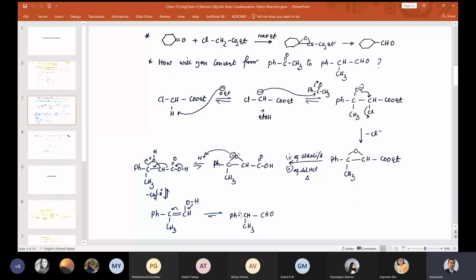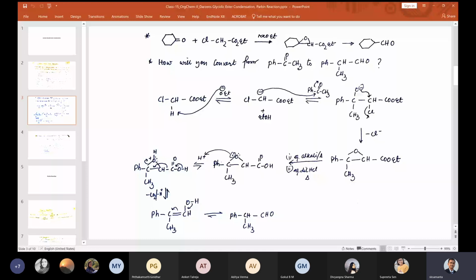Some students sometimes ask me, sir, why do you break only this oxygen-carbon bond? Why not the other one? If you see it clearly, actually this bond cannot break because this bond has to come only here. It cannot come here. So this bond cannot break. Because oxygen cannot have more than three bonds. Actually, it has only two bonds. It could be protonated to a positive charge, but it certainly cannot have four bonds. It does not have vacant d orbitals. So only this bond can come here, and this bond can only break.